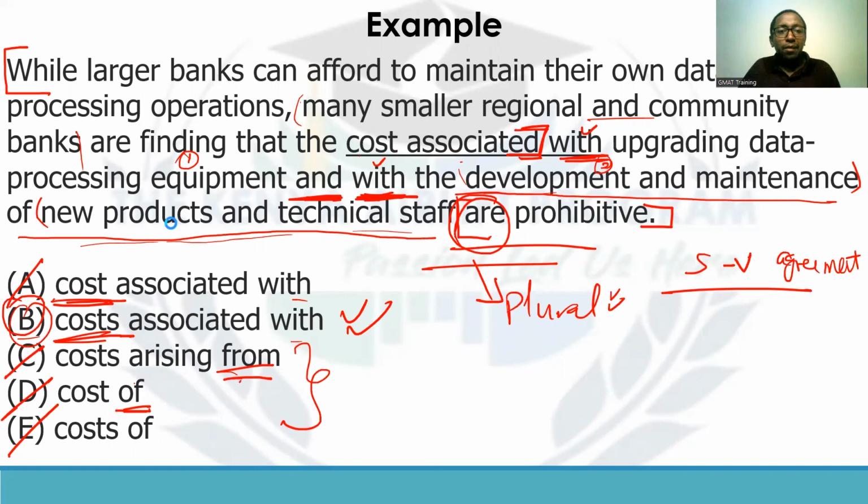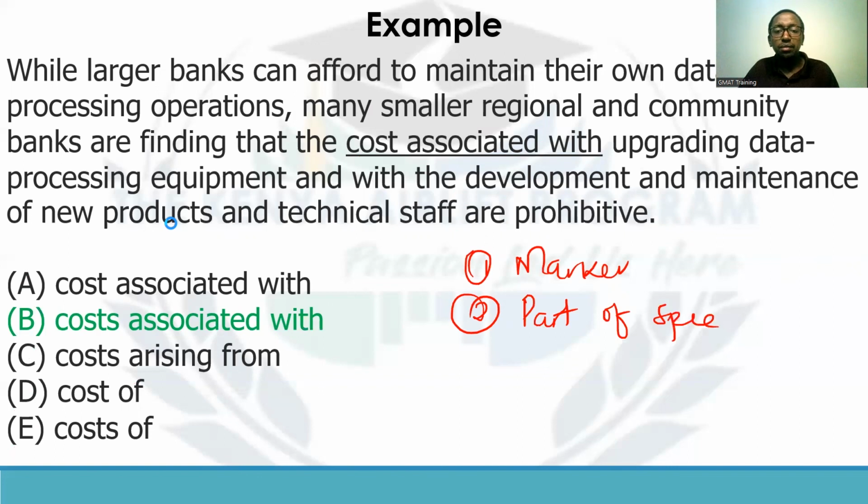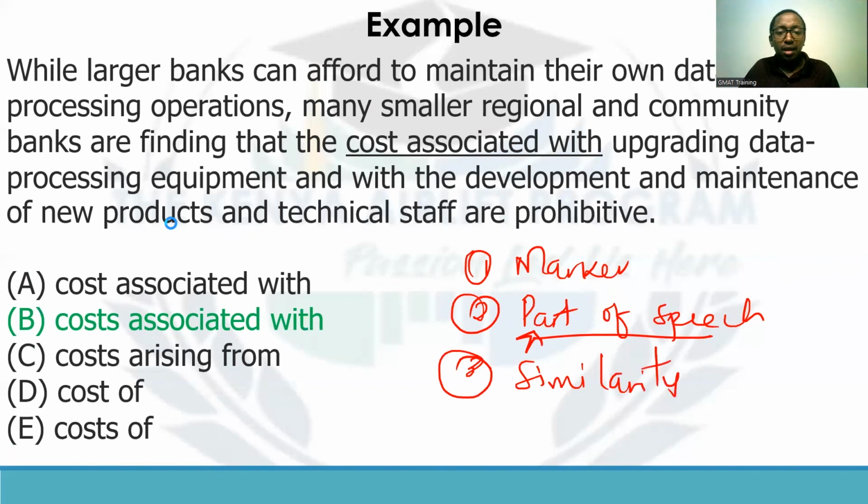Okay, so here is our answer. In summary, what we have said is, 1, when you're dealing with parallelism, identify the marker. 2, identify the part of speech immediately after the marker. So part of speech. Number 3, check if the part of speech beginning each list is similar to this specific part of speech. So check for similarity. Then number 4,